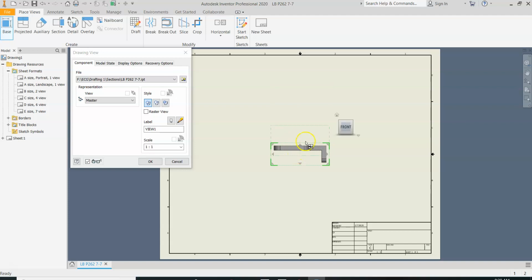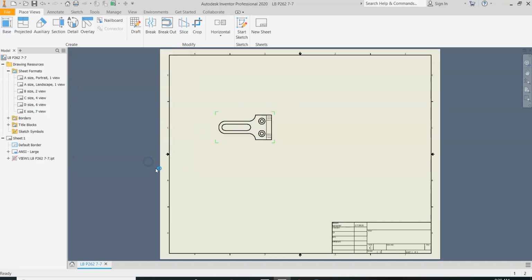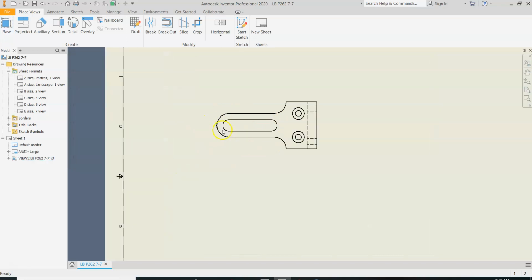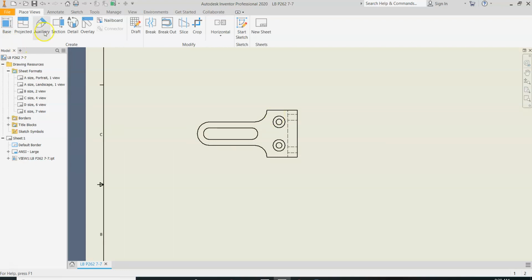I don't want to bring this in as my front view because I'm planning on doing an offset section on this drawing. So I'm going to rotate this cube to the desired view that I want, and I'm going to set this right here and hit the OK button, and I'm going to create my section off of this drawing. So in the section